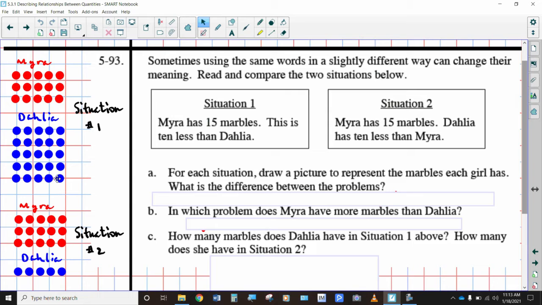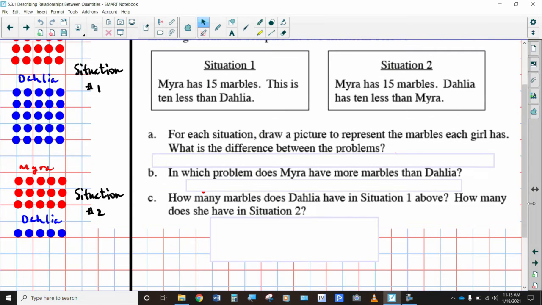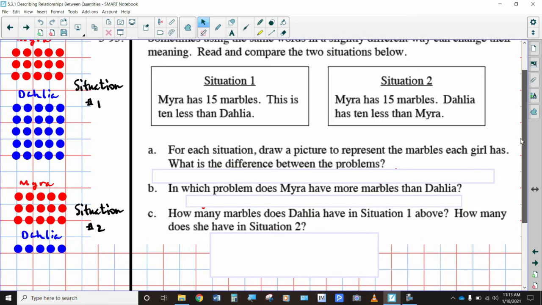So for each situation, draw a picture. Go ahead, feel free to copy those down. And then what is the difference between the problems? And then in which problem does Myra have more marbles than Dahlia? And then the last question, how many marbles does Dahlia have in situation one above, and how many does she have in situation two? So what I would like for you to do is pause the video, go ahead and